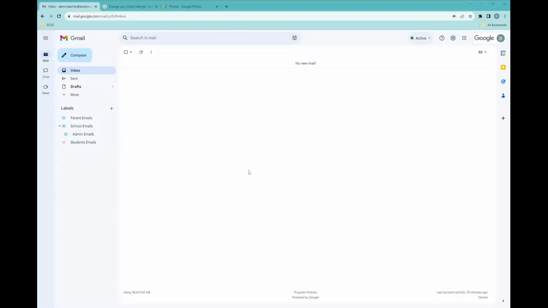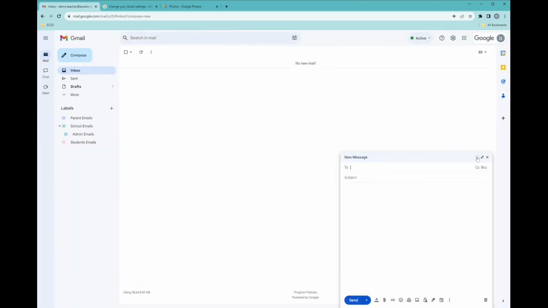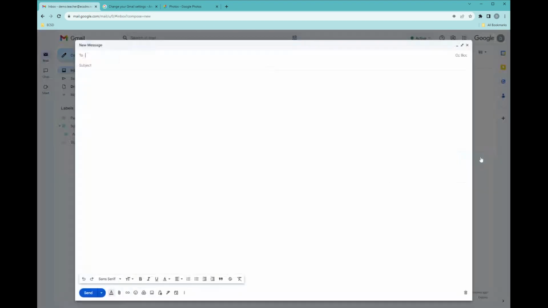Let me show you how to compose an email and all the options you have in Gmail when composing an email. So when you'd like to send a new email, come up here and click Compose. This will open up a new little mini window. Now you can use these arrows to make it full screen or to collapse it completely and exit out. It will go into your drafts if you've started it, so it won't be lost if you